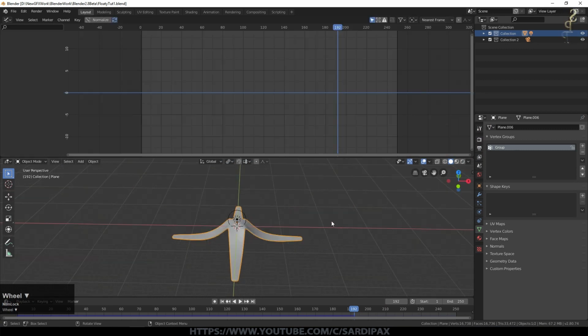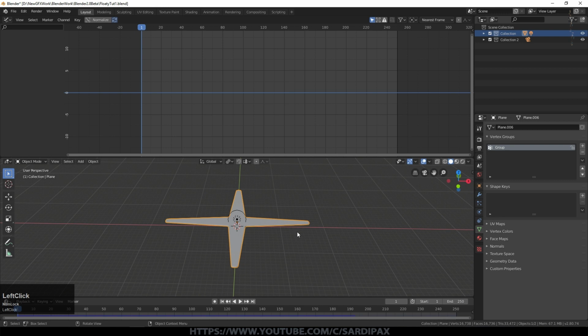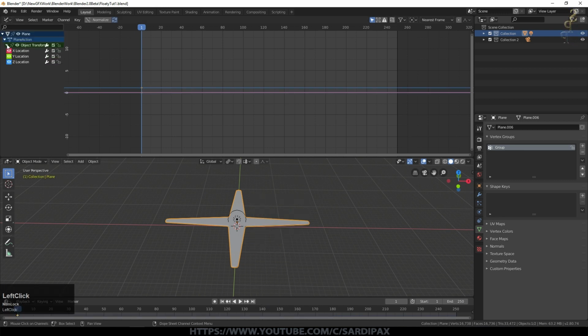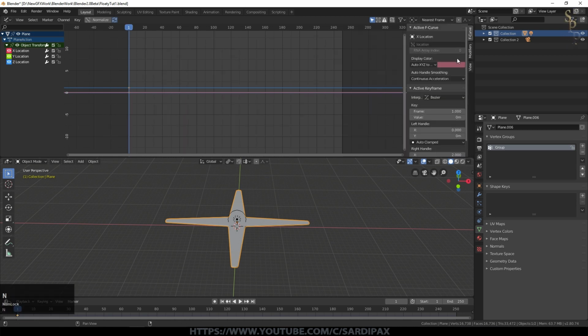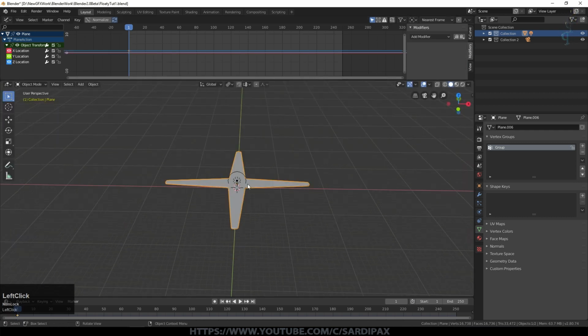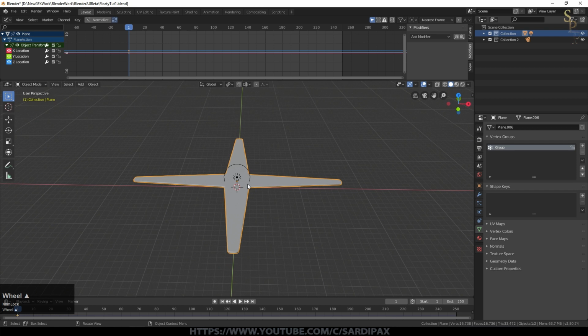With my object selected, and at the beginning of the timeline, I'm just going to press I and select location. I've done this before in a few other tutorials, so I've just called up the X, Y, and Z location there in the graph editor. And we've got a little point there, which is the keyframe for the location for X, Y, and Z. I'm going to press N, that brings up a window on the side here, and select modifiers. So I want this object to move around semi-randomly without having to animate lots of keyframes.